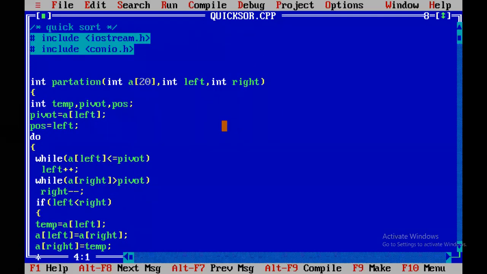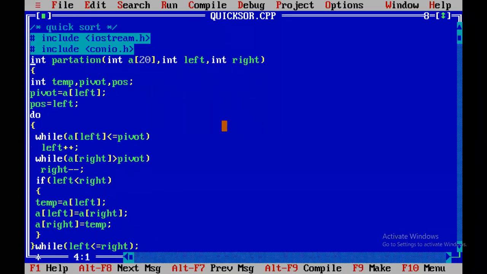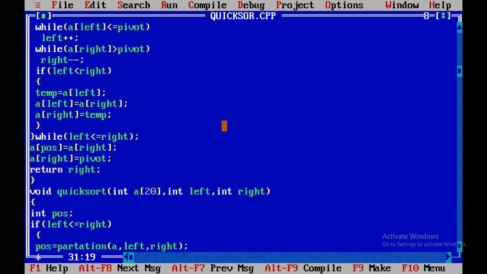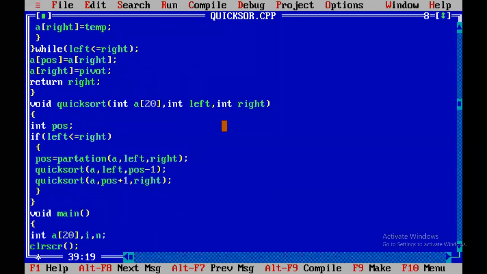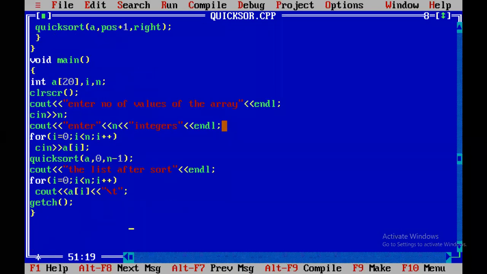In this case, there is no function prototype. I removed the function prototype. I written the partition function like this. Again, we have the quicksort function, then the main function. So when we are using the bottom up approach, this is the methodology.